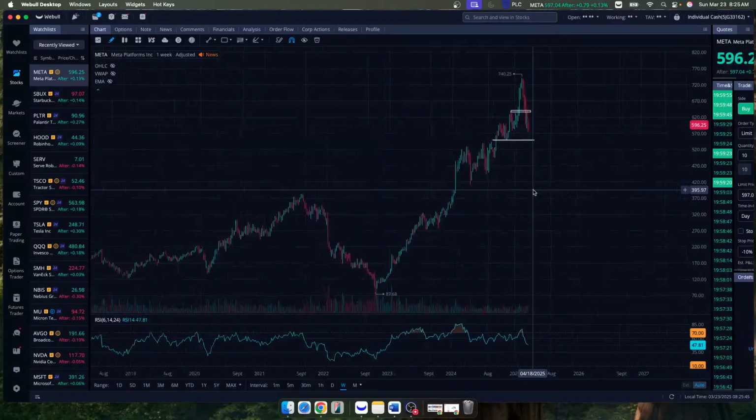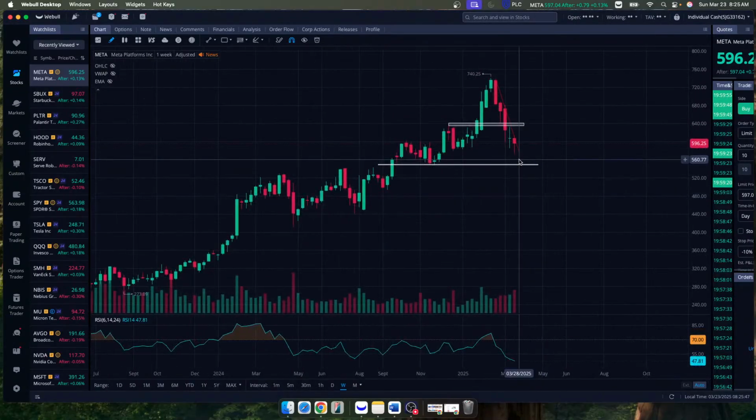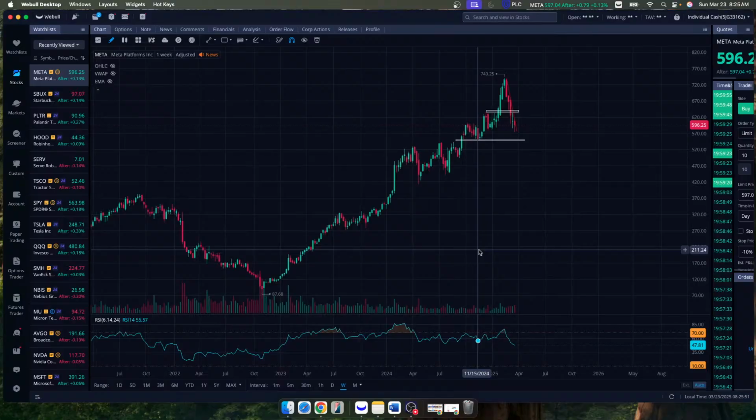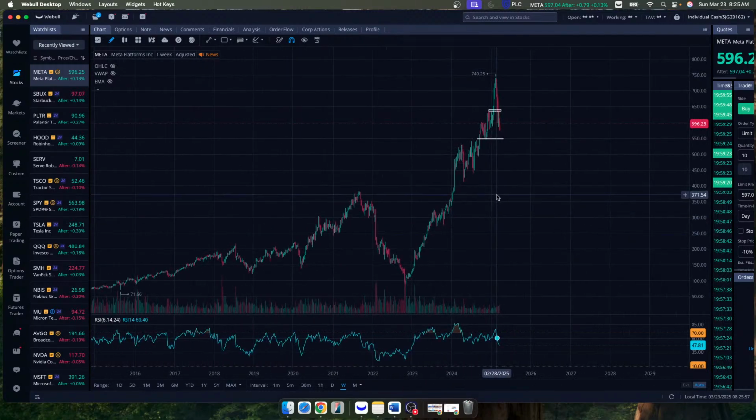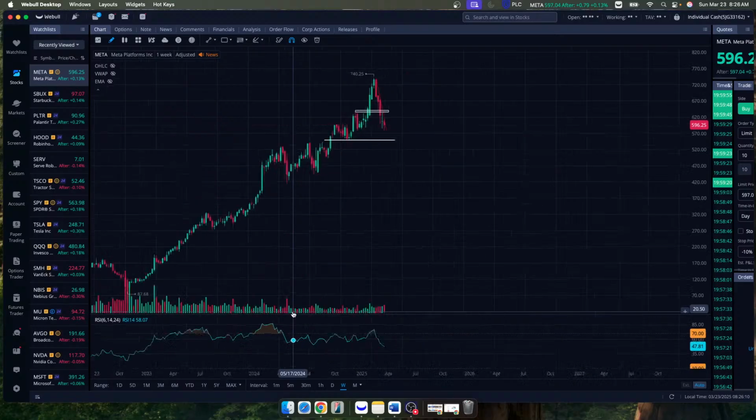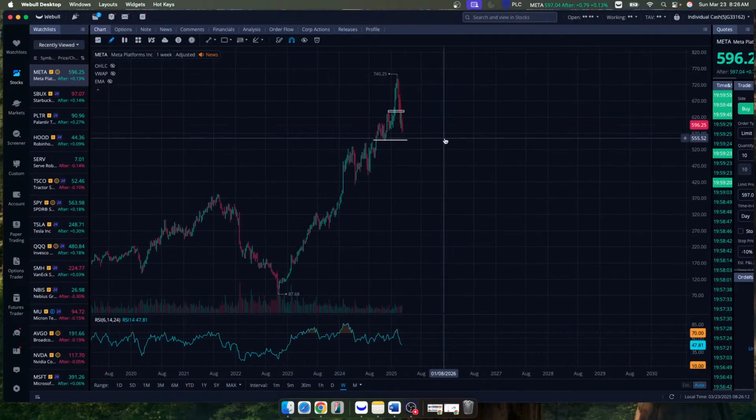In a perfect scenario, if I'm trading this long-term, 550, I'll start adding some shares. But that's always in the back of my head when I'm trading Meta, because as quickly as it can go up, as quickly as it can go down. Perfect case scenario would be back to this 380 level, 370. But it's just not realistic. You're going to have to set your alerts. We're going to need like Armageddon to happen or something, because it's trading at 590, 570. But my alerts are set for 550. I'll start dollar cost averaging in, but that doesn't mean I'm going all in.